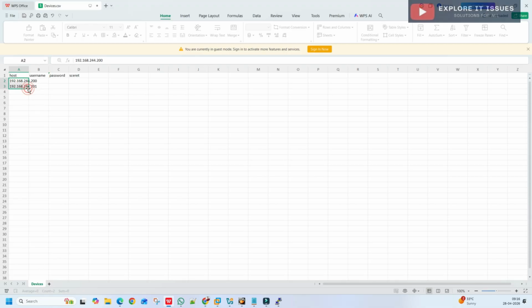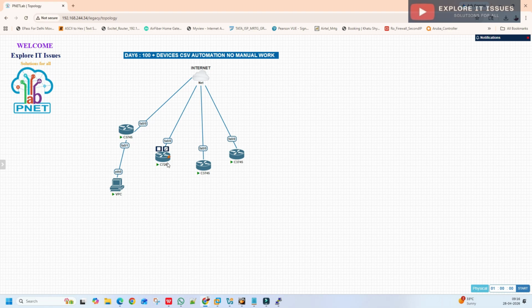Then I copy with Control X and paste here. So we have 4 devices: 200, 201, 202, 203. For all 4 devices we need to get the details into a text file using a Python script.